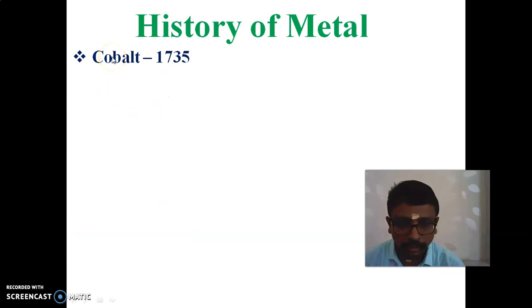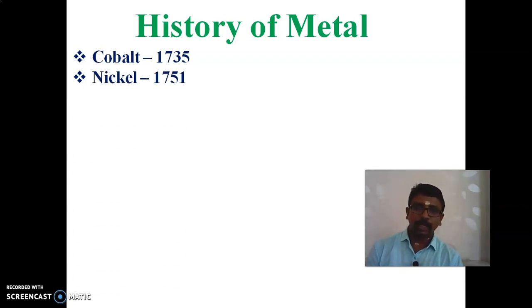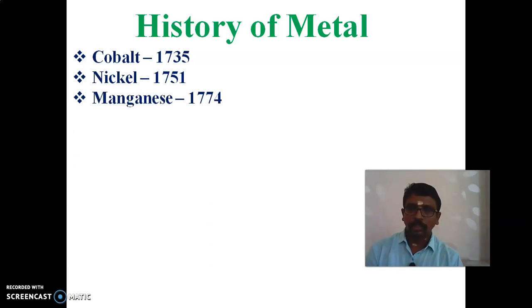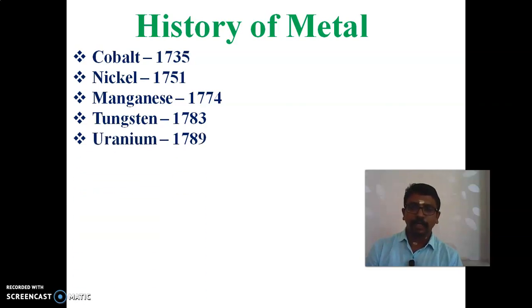The symbol for cobalt is Co. It was introduced in the year 1735. The symbol for nickel is Ni, introduced in 1751. The symbol for manganese is Mn, introduced in 1774. The symbol for tungsten is W, introduced in 1783. The symbol for uranium is U. It was introduced in the year